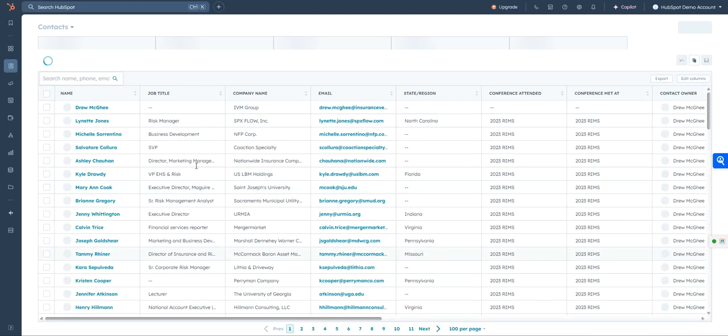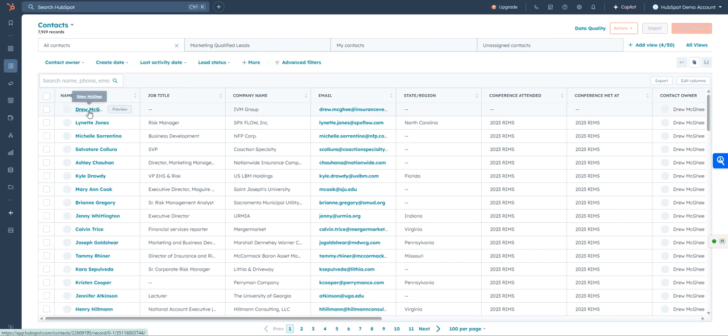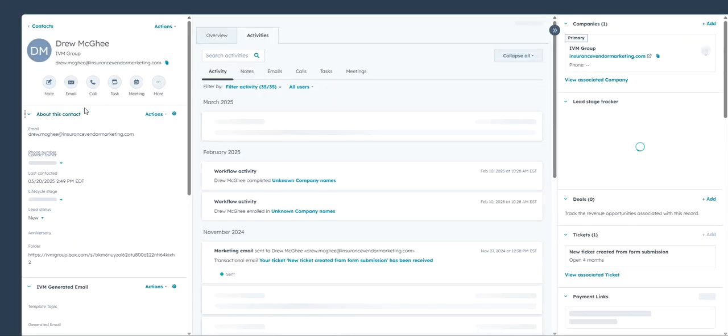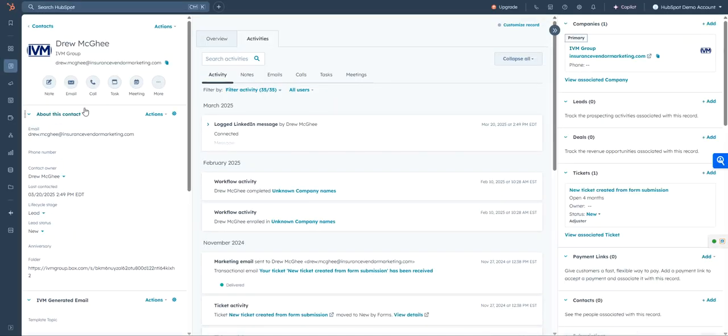we see our contact list view. And if we click on any of these names on this list view, it'll take us to that record layout that we want to review. So if we go to this record, we can see a lot of awesome information easily available right here on this screen. So starting from left to right, if we go up into the top, we can see the name